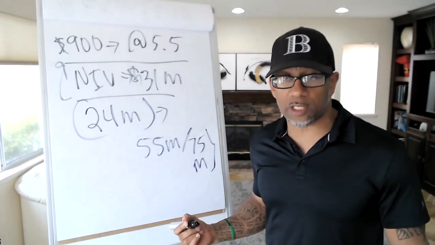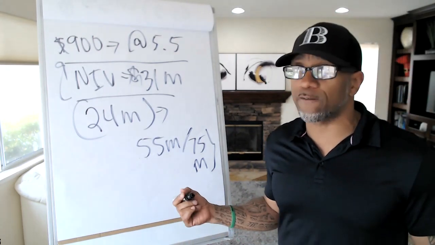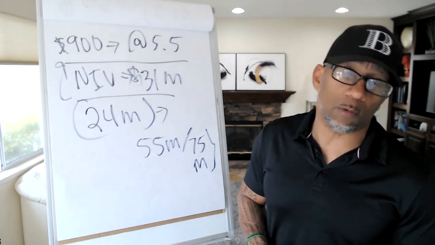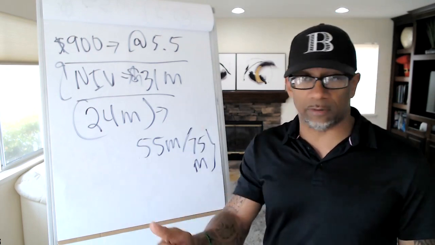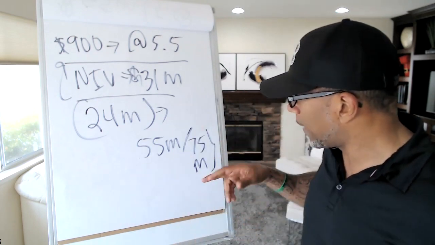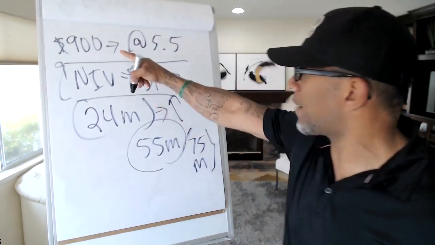The only reason why we're doing this right now is because the debt market's not friendly. The interest rates on commercial are about 5.75 or somewhere around 6%. And it's coming down, I get it, but it's not there yet. And you still got to deal with taxes, insurance, all the other stuff. But this right here makes it make sense because we already know right off the bat what we need to